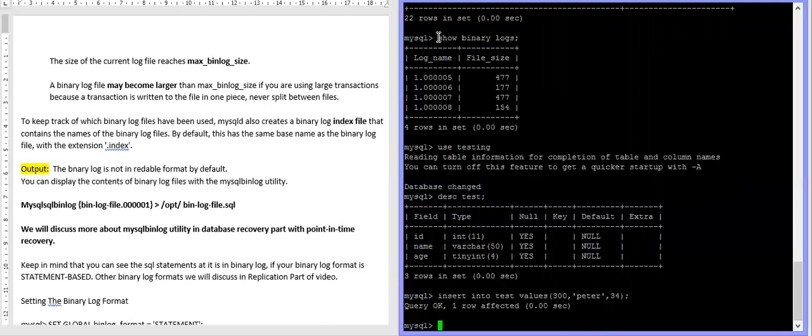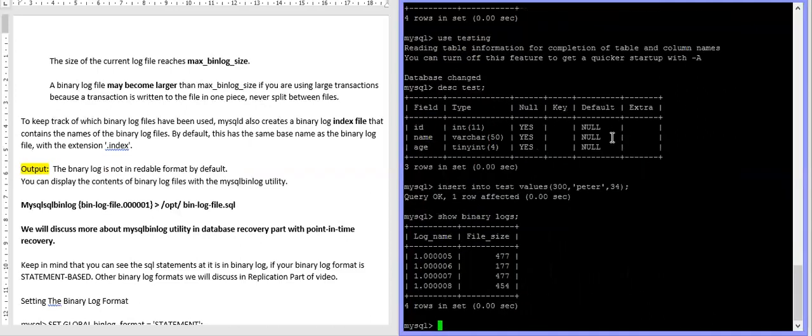You can also see now the size of this binlog, the last one, has increased. Earlier it was 154 bytes. Now you can see 454 bytes. That means it is written to your binary log, correct? Okay, now let's convert it.